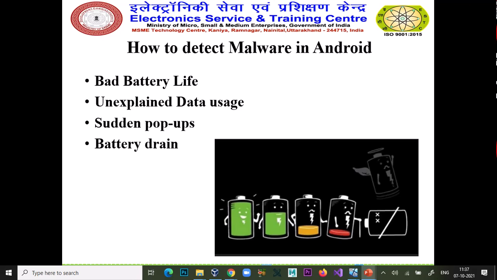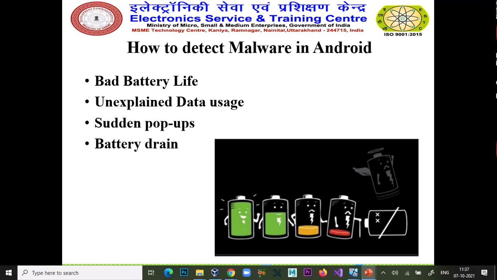And unexplained data usage. Suppose you are a data user of Jio or Airtel, and you have a plan for 2 GB data per day, and you are a normal data user, but your data is completely finished in a day or half a day. This is called unexplained data usage.